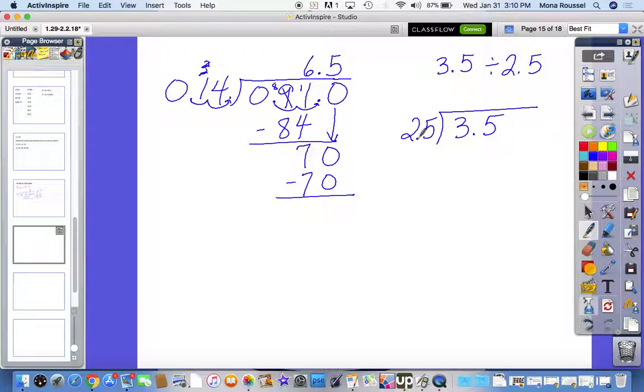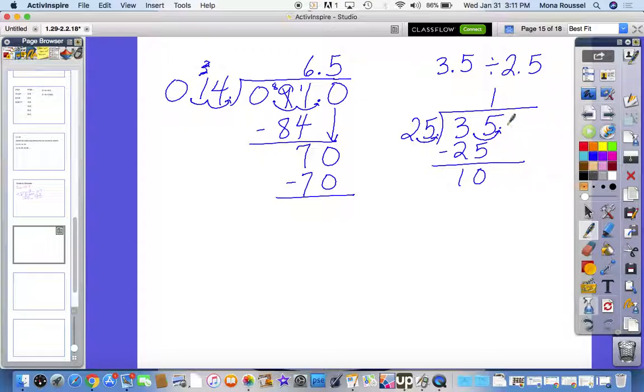Since we have 1 decimal place in the divisor, we have to move it 1 place before we start dividing, and then we have to move the decimal 1 place in the dividend as well. We divide 25 into 35, goes one time. 1 times 25 is 25. We subtract and get a remainder of 10, which is less than the divisor when we compare, but we can't